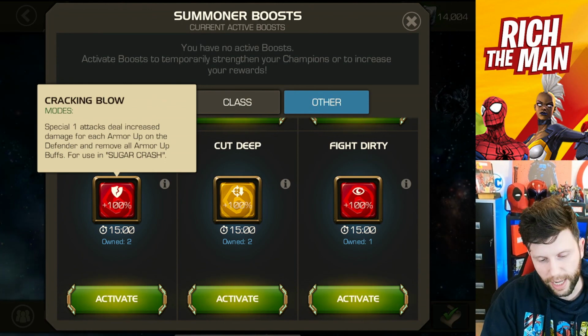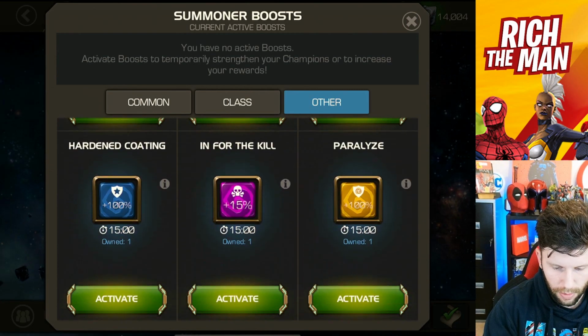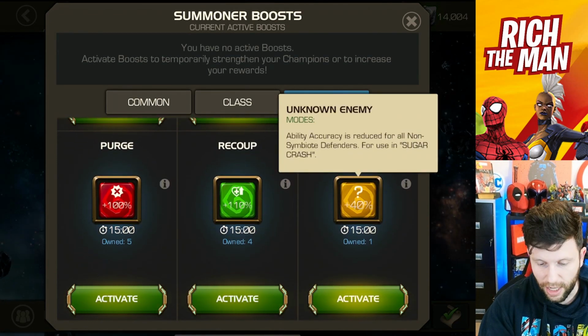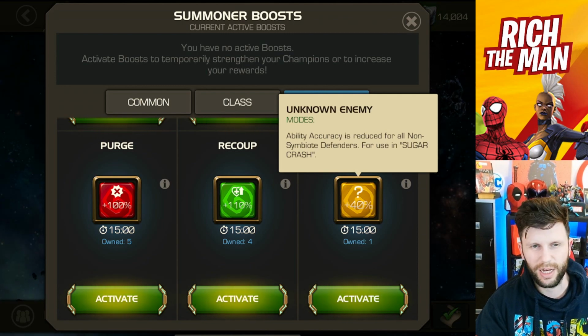And once you've done that, you can then be as aggressive as possible with that one. I would welcome and recommend you to also put on, where is it? Unknown Enemy. Oh, it took me a while to find it there. It's Unknown Enemy that you need. Mainly because it has got ability accuracy reduction on it, which can be helpful against Punisher, and especially in situations